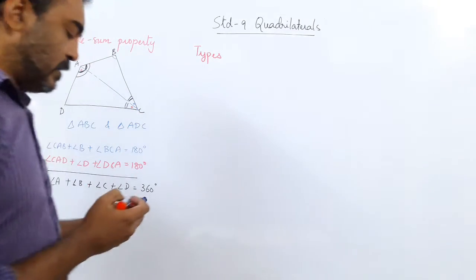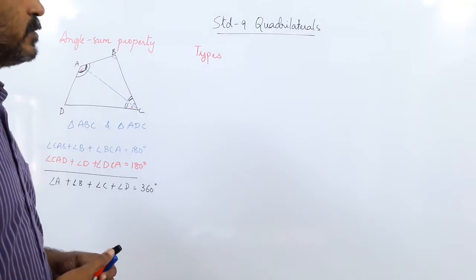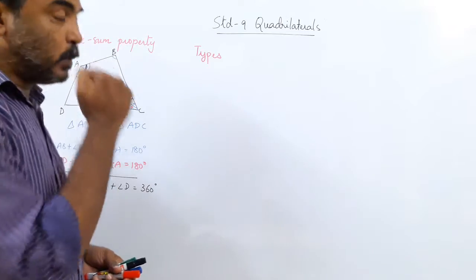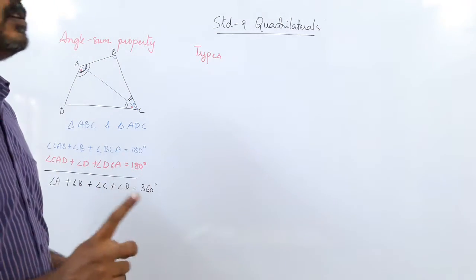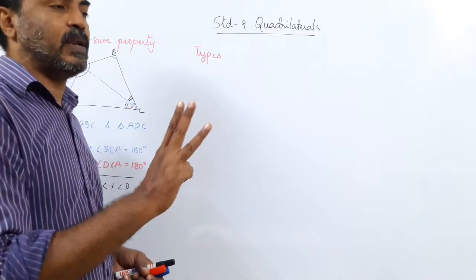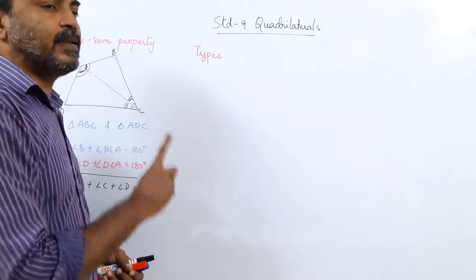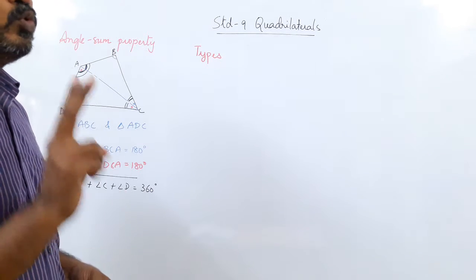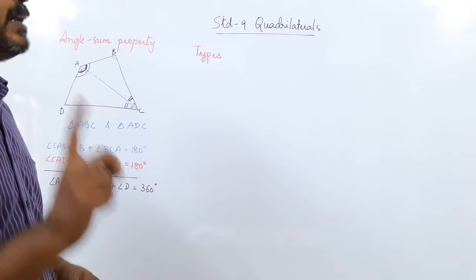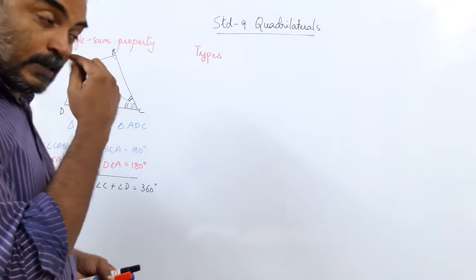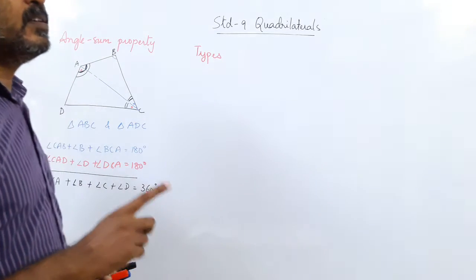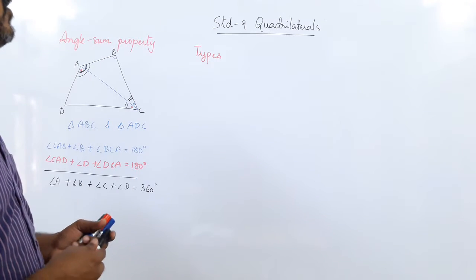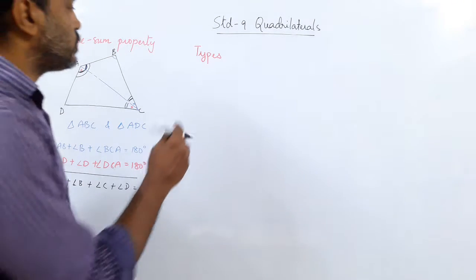Types of quadrilaterals. Now a quadrilateral has got 4 sides. And just now we are only going to take the convex type of quadrilateral. So if you remember, in triangles, based on the sides, there were 3 types of triangles. When all the 3 sides are equal, it is an equilateral triangle. When 2 sides are equal, it is an isosceles triangle. If no side is equal, it is a scalene triangle. Now look at this type here. In a quadrilateral, what do we have? We have 4 points.